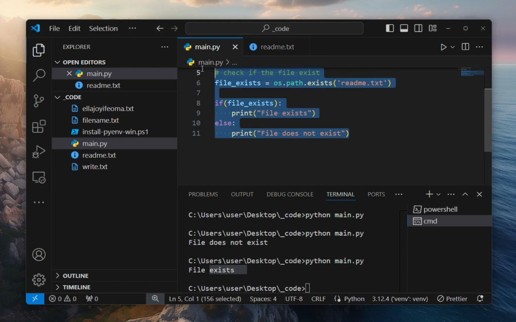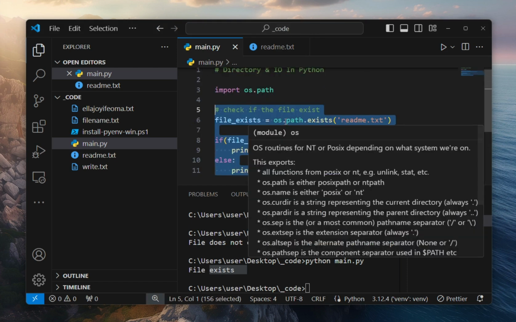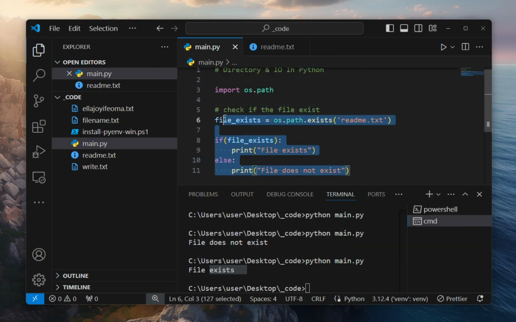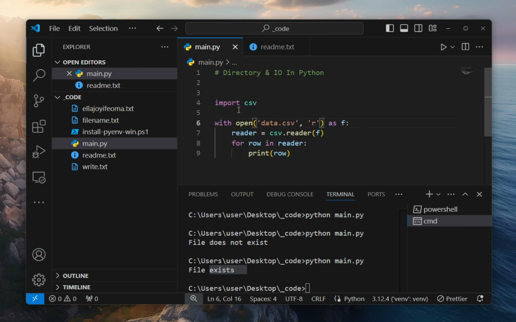This time around, we'll use the Python built-in CSV module. So let's go ahead and bring in this code here. We have import csv, and we're also using the context manager, with open data.csv with, of course, the arrow mode here, which is to read as f. Go ahead and try to perform this action here. So basically we don't have any CSV file in here, but of course we can create one. So I can simply create one to say